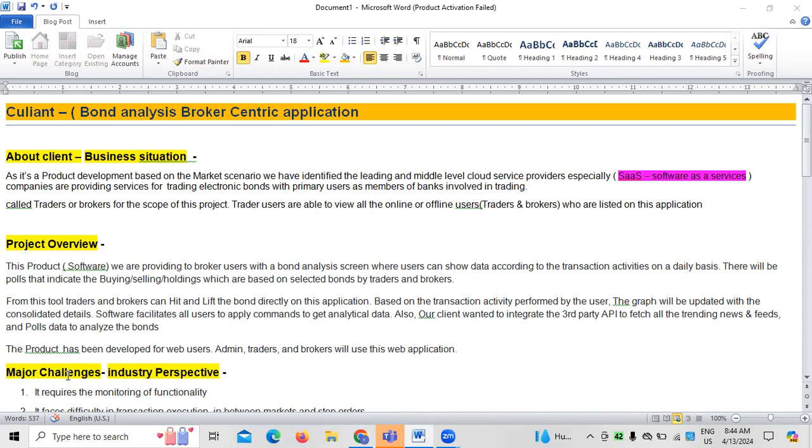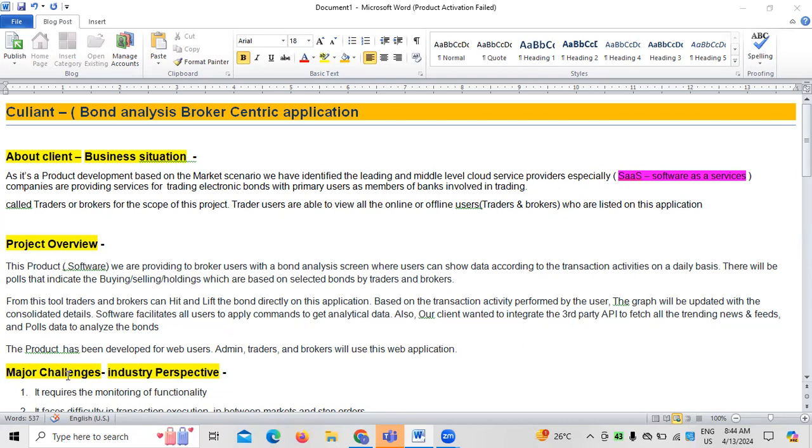But the one which we are discussing now is a product, because Qlint is a product based company by itself. So they have experience in the field of banking, financial services, capital markets, healthcare, all that. In this regard, they have identified some business situation, because most of the service providers nowadays, in context to the applications, are cloud-based. So based on the market scenario, whoever the cloud service providers are, either leading or mid-level cloud service providers, especially in context to the